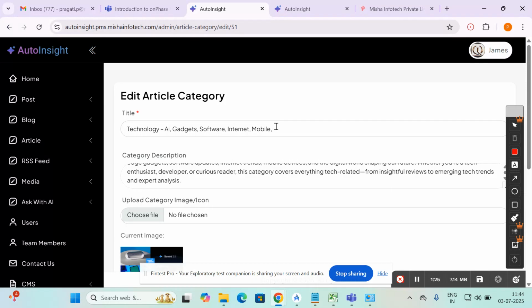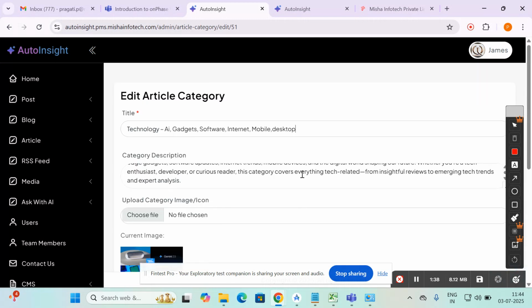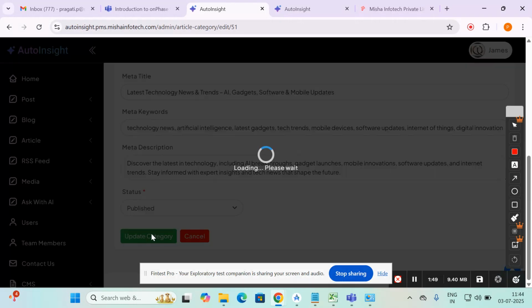Mobile, like desktop. So set the status. Already in my previous videos, I mentioned that asterisk option is mandatory and other is optional. Update the category,